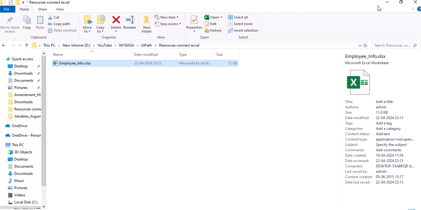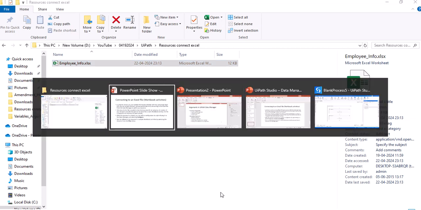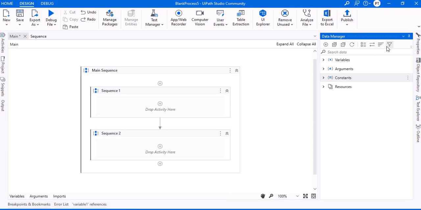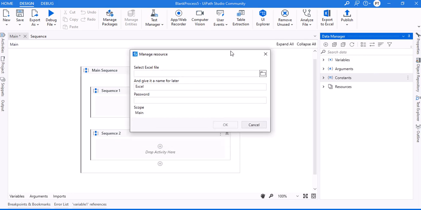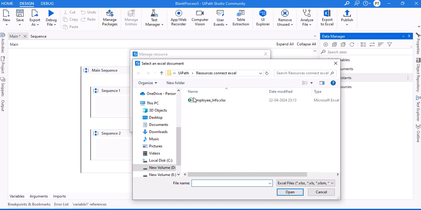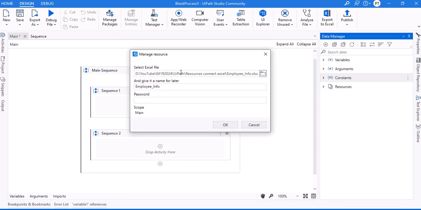So let's try to create a resource for this particular Excel sheet within your app. So how first you will connect to that Excel sheet. You can click this plus sign and there is an option called connect to a new workbook file. So using this you can connect to any Excel sheet. When you click on that option, you will see this option called manage resource and here you can select an Excel sheet. So I am selecting my sample Excel sheet and you can give it a name